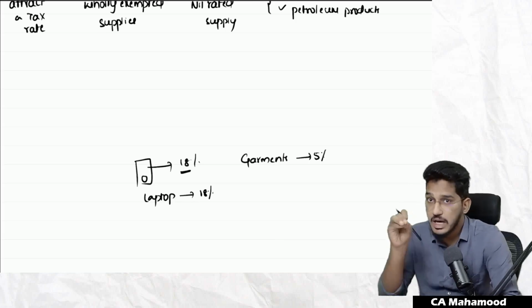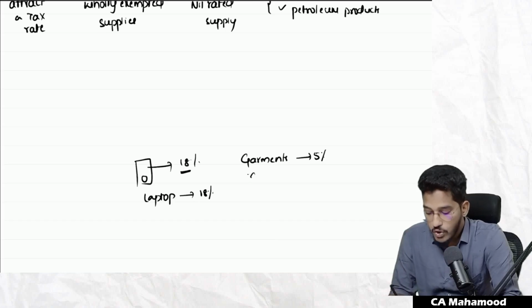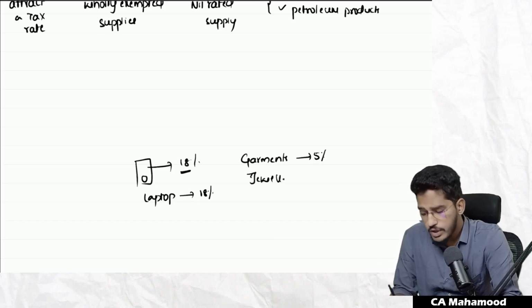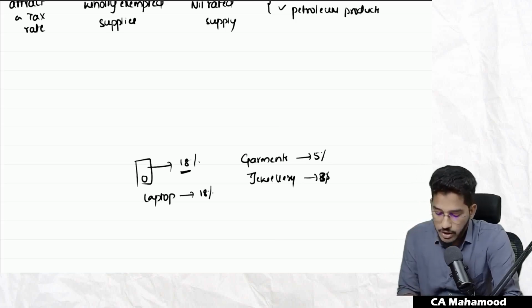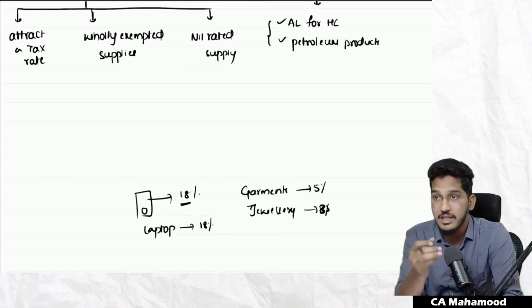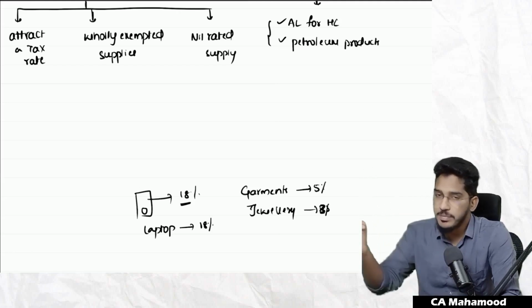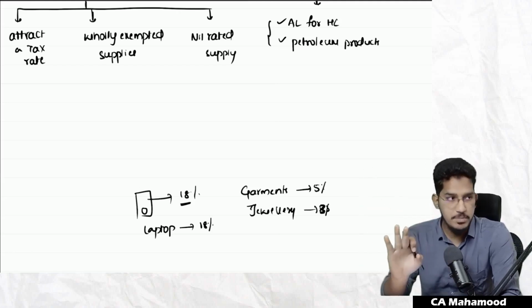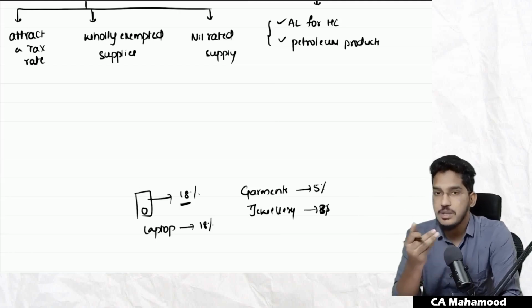On garments also, the government is imposing a tax and collecting it. Similarly, when you go and buy jewelry, on jewelry also you have 3% of tax. So all these items on which tax is getting imposed and collected, a positive rate of tax like 1%, 5%, 3%, or it could be 18%, 28%, 12%, whatever it is, those supplies of goods or supplies of services,